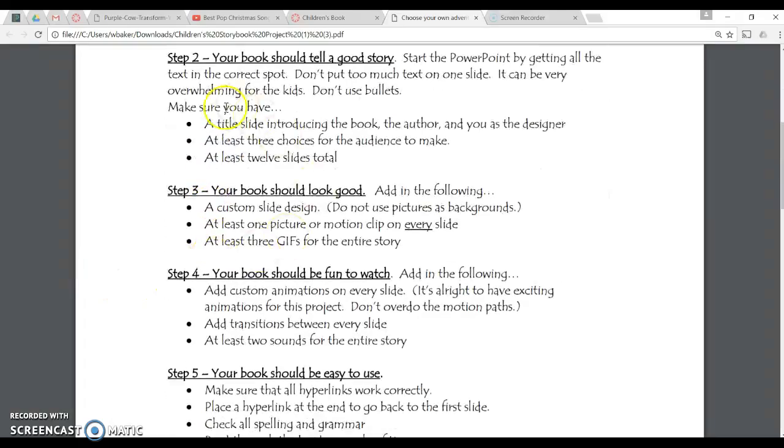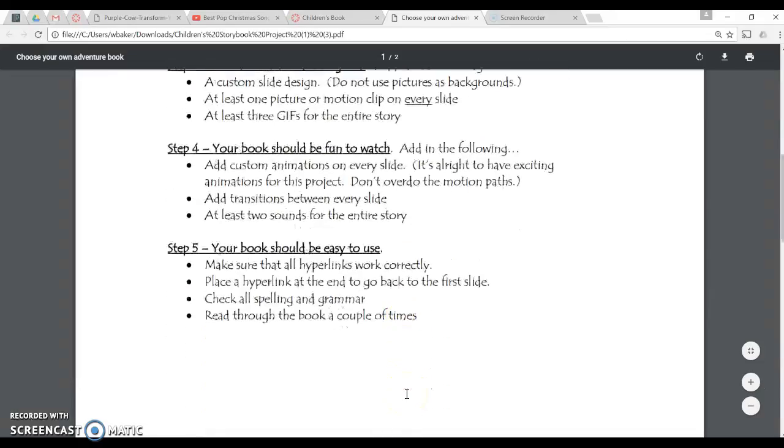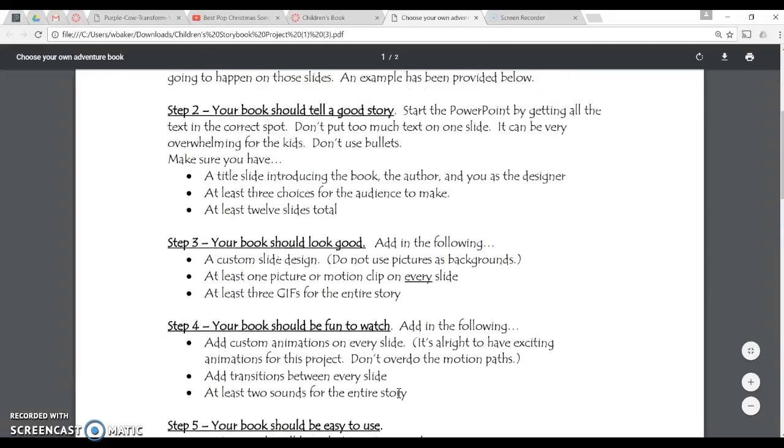And again, I'll let you read through these, but the basic things that I want to highlight is that you do have to have at least 3 choices. Make sure you read through all of these things. All of these things will be graded. There will be a rubric, but I'm just highlighting the important ones. So have 3 choices for the students to make, 12 slides total, and once you start making,